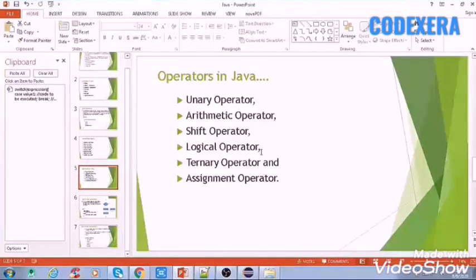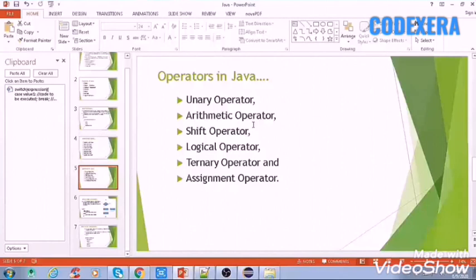And after that, the shift operator. The shift operator is of two types, that is left shift and right shift. The Java left shift operator is used to shift all the bits in a value to the left side a specified number of times. I will tell you how to use left shift, but after that we'll see the right shift operator.